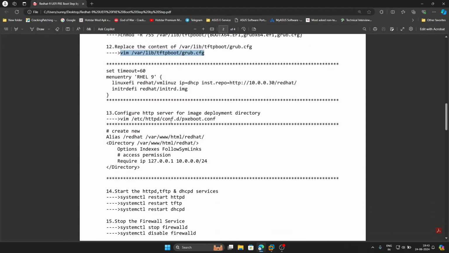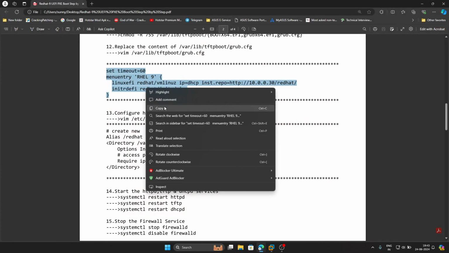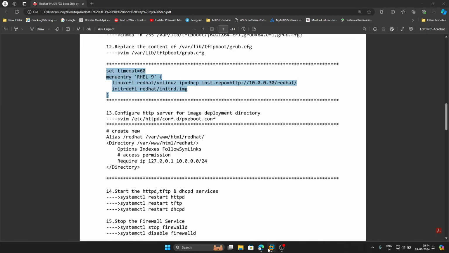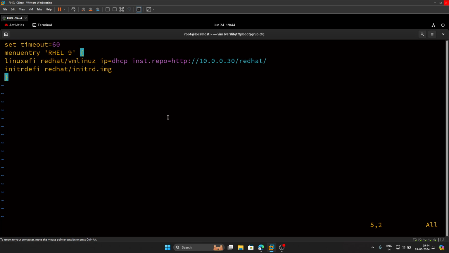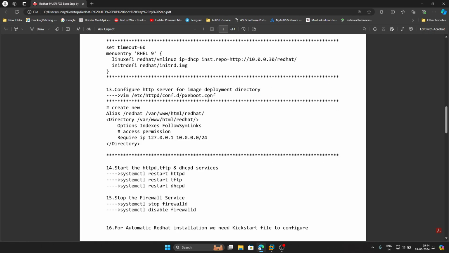देन वी हैव टू कॉपी दिस सेम एज इट इज। नाउ दिस इज द location. So we copy and paste. Copy and then we have to paste it here. Then please save it, and then we have to configure also deployment directory, जिसके अंदर हमने आईसो इमेज रखी है।